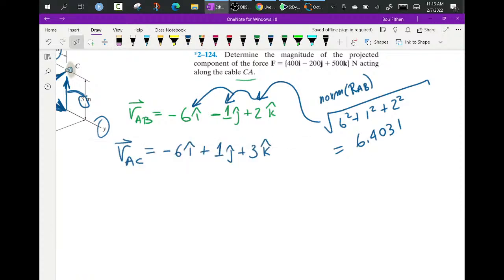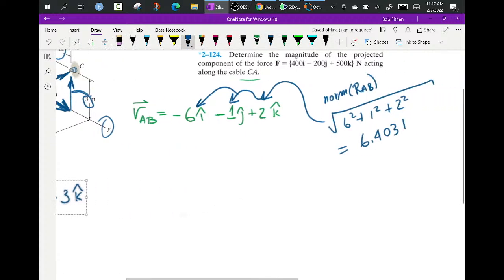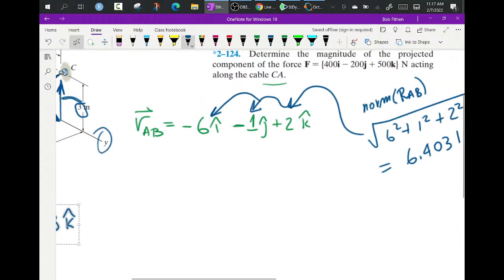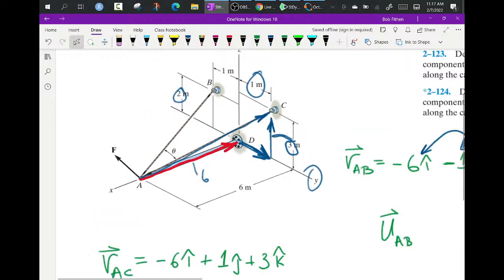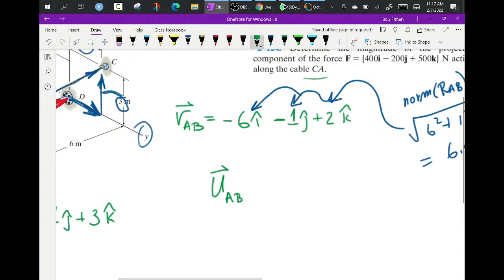So you know what I'm going to do? Here's what I'm going to do for a moment. We figured it out, but I'm going to do it over here underneath this one. So that way we'll focus ourselves right here. So the unit vector going from A, so I'm working here right now. I want to know what the unit vector is that goes from A to B, and it's